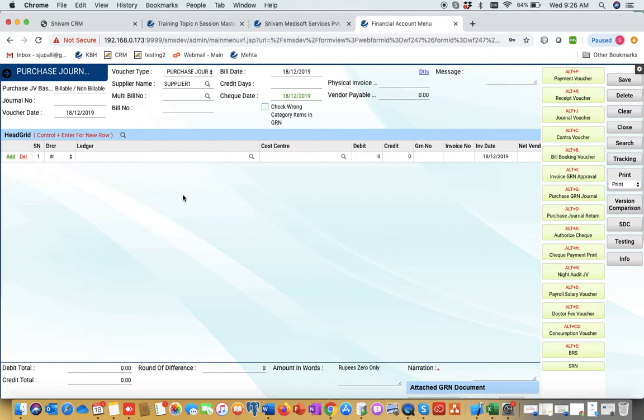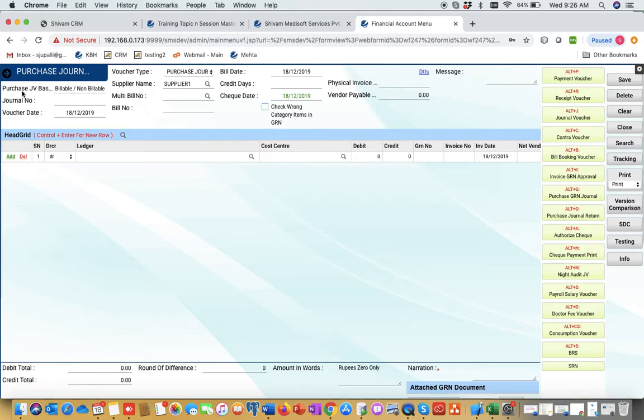So in the accounts department, the accounts person also has to book it as an expense in accounts, so they can make payment against that bill. For purchase booking purpose, we are using this purchase journal single form where we can book the purchases in accounts from HMS.